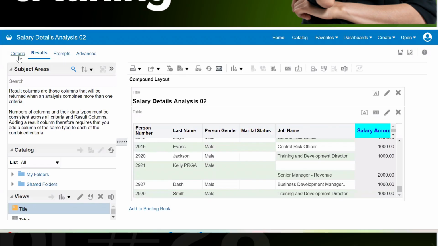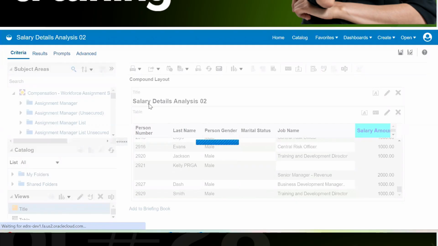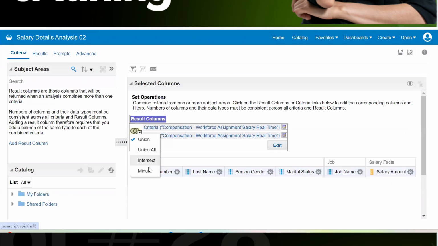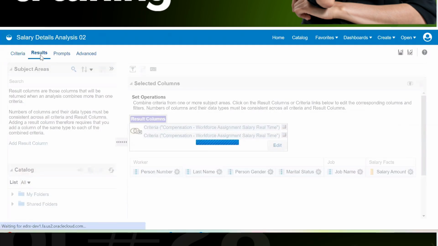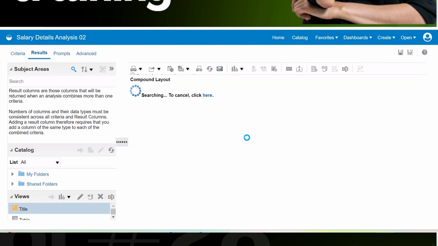In case we apply the other type of operator, intersect, what we will get is nothing, because there is nothing common. There are 10 rows coming for the male and 10 rows coming for the female, so nothing is common. Right, guys?